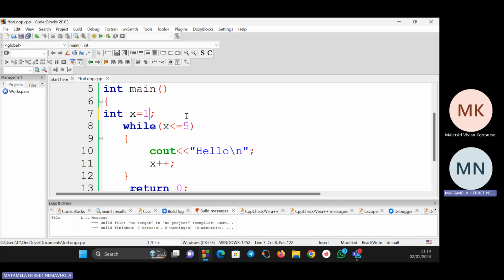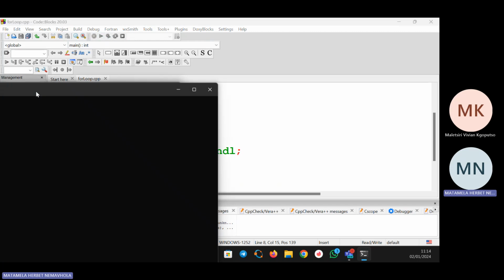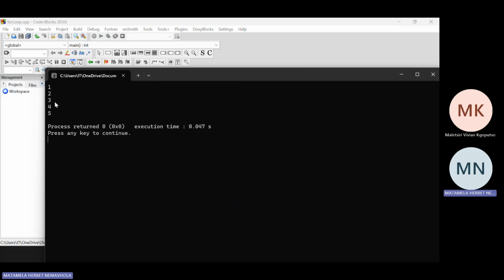As I've said, it does not necessarily mean I want to print hello. I might want to print 1, 2, 3, 4, 5. I can put x there. My x is going to start as 1. Let me add an endl. When I put x here, it's going to compare first. When it's true, it prints x, which is 1. Then it increments x to 2. Then it prints 2, and so on, until this statement is false. So if you see, we have printed 1, 2, 3, 4, 5